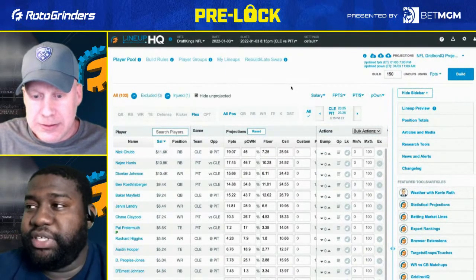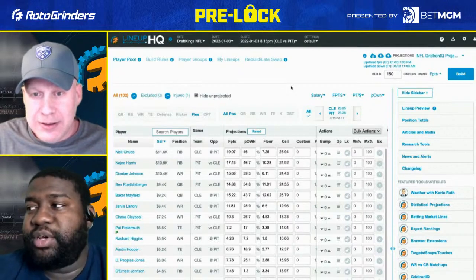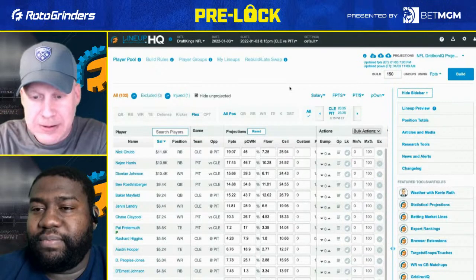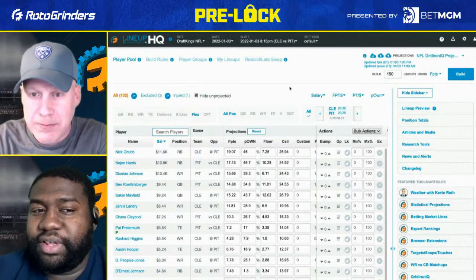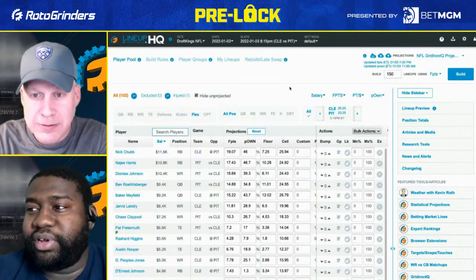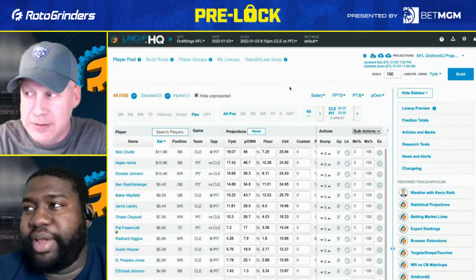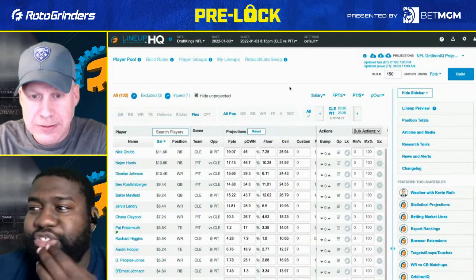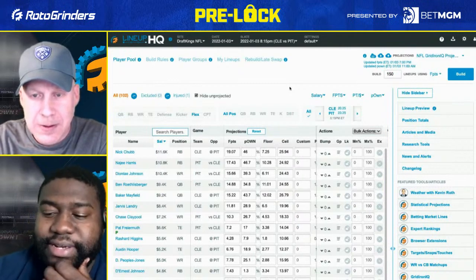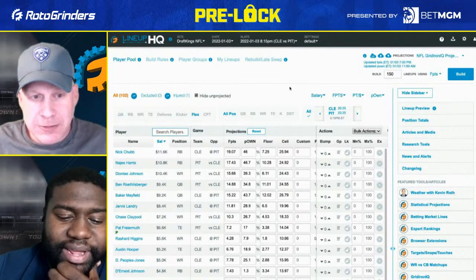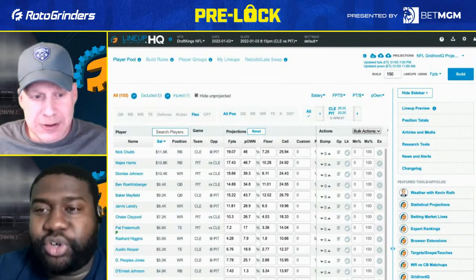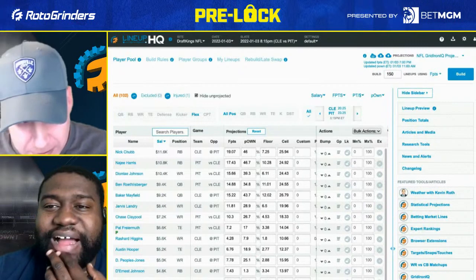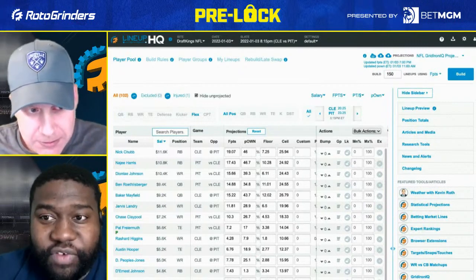I'm really stuck between maybe a Chubb captain or a Deontay Johnson captain. Just because Najee is going to get work, and I'm not worried about that. He's going to get work. The question is how, because the projections are close enough to me to where I feel like Johnson, just on volume, let's say